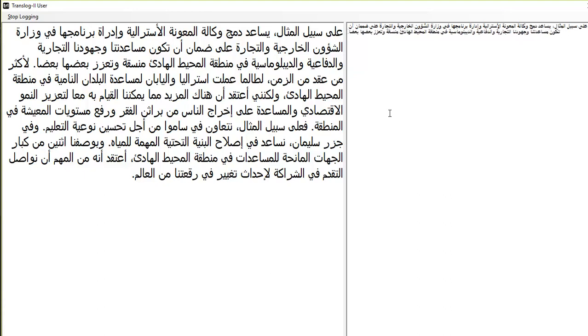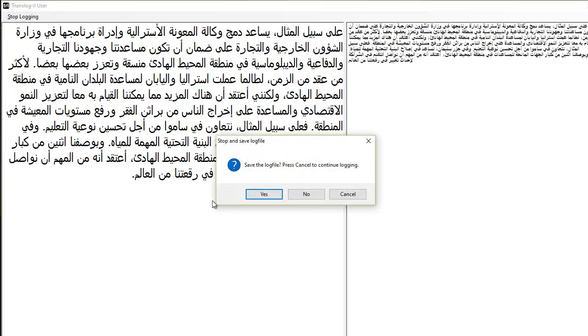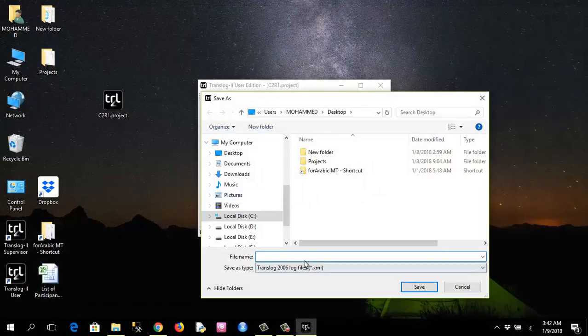I will pause the screen until I finish. Now I finished copying this. I will click on stop logging. Then it will prompt whether to save the log file. I will say yes. And I will save it in the desktop with my serial number, Arabic P16